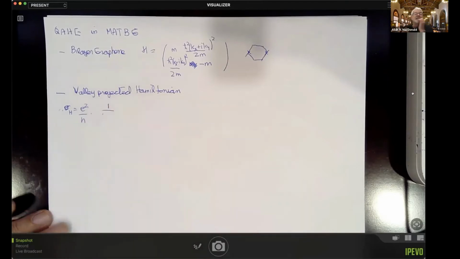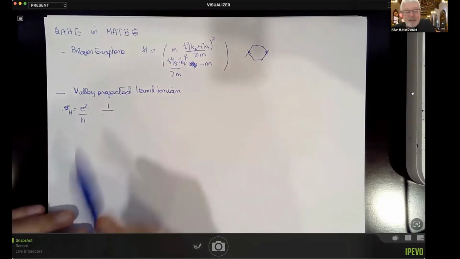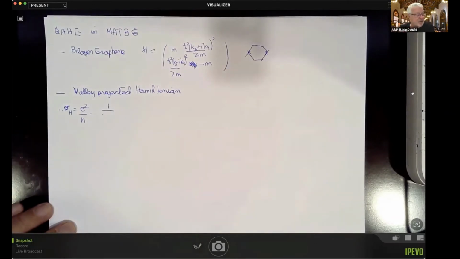Chern number is the Berry phase for integrating around the perimeter of the Brillouin zone, and we wrote down the expression for it in terms of the derivatives of the band states with respect to wave vector. That particular derivative, as you all know, and I didn't say, is the Berry curvature.